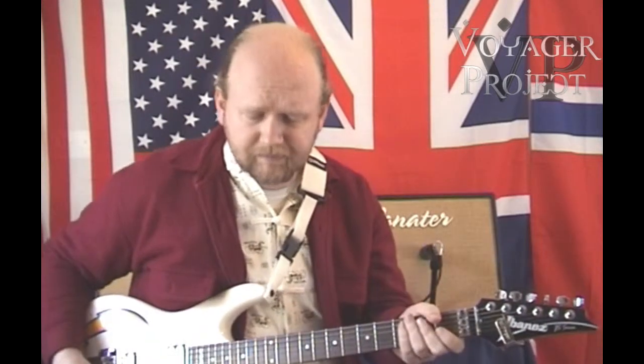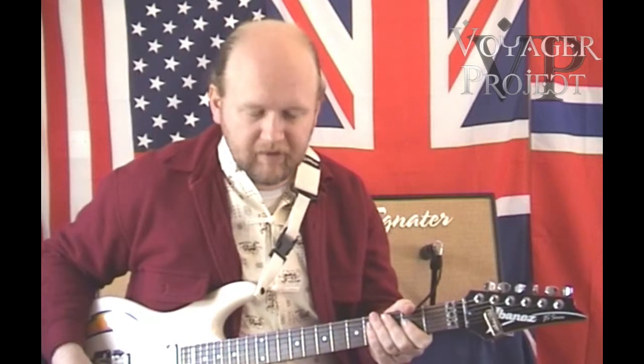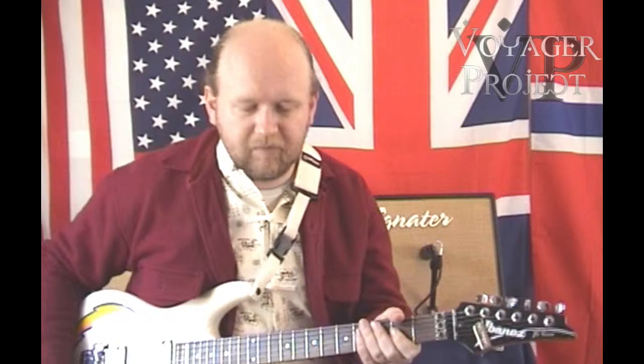The other thing I realised I didn't do was run through the difference between running the amps without the effects returns, so left and right isolated, to how I mix them together. So I'll just do that briefly. What I'll do, I'll play a lick through with one amp, the other amp, both amps, and then I'll just whip the effects returns back in and you'll be able to hear how I run them that way around. So first of all, without the effects returns in, as per the other video,